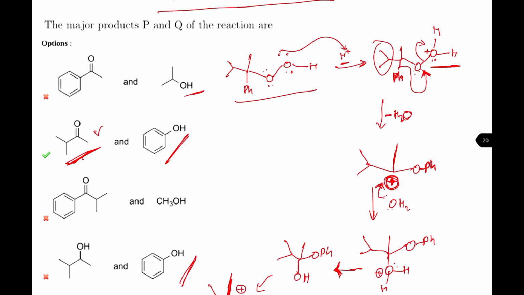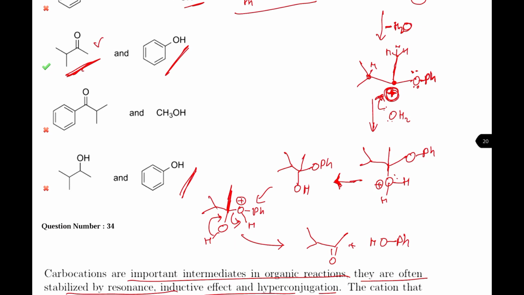Then due to this cation, it seems a very stable cation because there is resonance from this lone pair of oxygen, there is hyperconjugation effect from this, and similarly one more hyperconjugation hydrogen here, then alpha hydrogen here. Then H2O again attacks, H2O or OH2 attacks this carbocation and forms this intermediate. Then finally there is minus H plus, this hydrogen leaves and gives the lone pair to this oxygen.